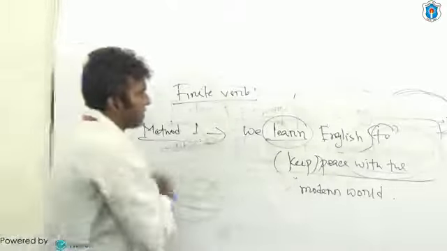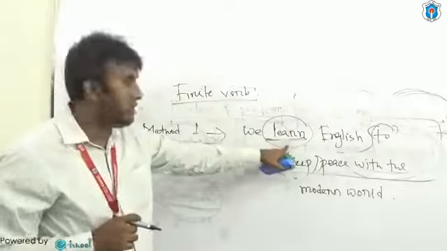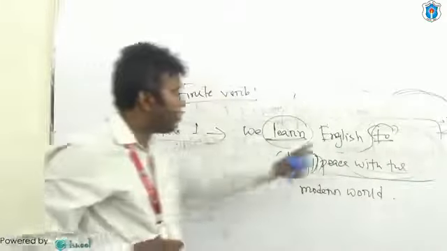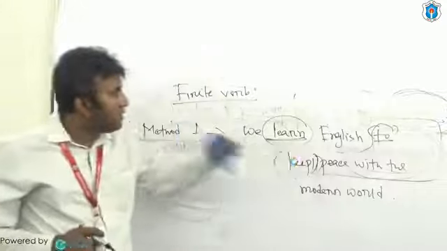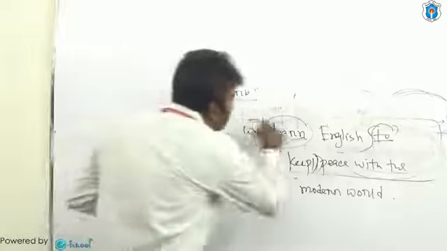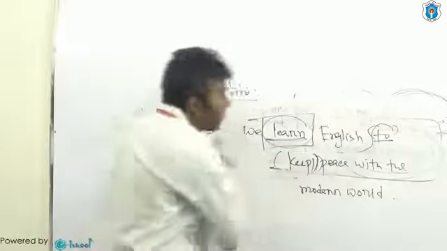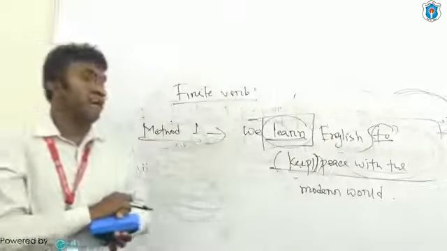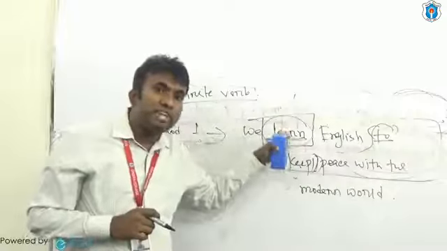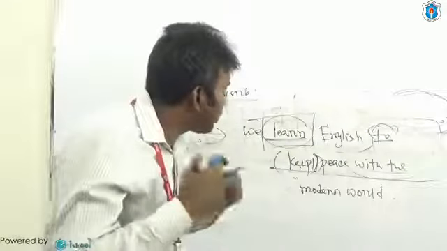In this sentence, learn is such a verb by which you can identify the tense. But to keep is an infinitive, and with this infinitive you are not able to identify the tense of the sentence. So learn হচ্ছে সেই verb যেটা আমাদের টেন্স বুঝতে সাহায্য করে, কিন্তু টু কিপ এই ইনফিনিটিভের মাধ্যমে আমরা বাক্যের টেন্সটা আইডেন্টিফাই করতে পারি না। এখানে আমরা একটা মেথড বের করতে পারি, সেন্টেন্সে যে ভার্ব অনুযায়ী টেন্স আইডেন্টিফাই করা যায় তাকে ফাইনাইট ভার্ব বলে, আর যে ভার্ব অনুযায়ী টেন্স আইডেন্টিফাই করা যায় না তাকে নন ফাইনাইট ভার্ব বলে।